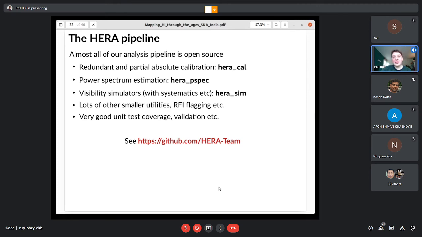We've got a visibility simulator, which myself, Samir, and a number of other people at Queen Mary have been putting a lot of time into, making it much faster, making it more accurate, things like that. I think it's now quite a nice package for doing visibility simulations, and